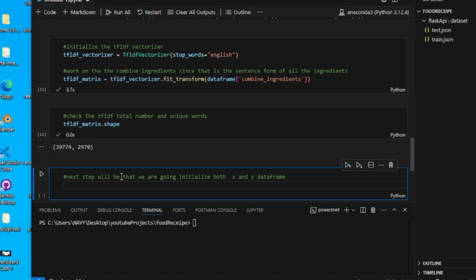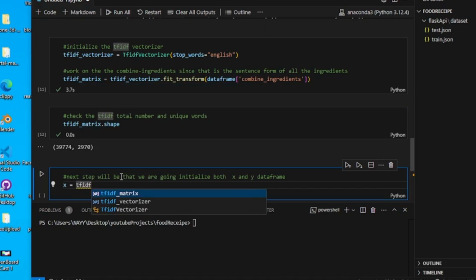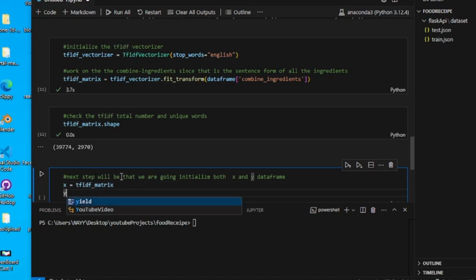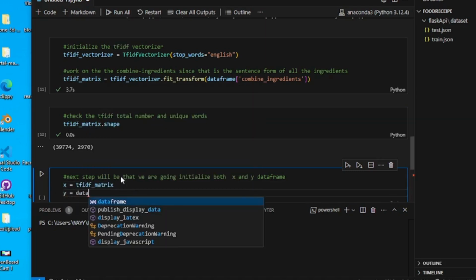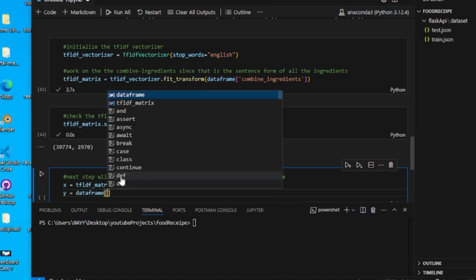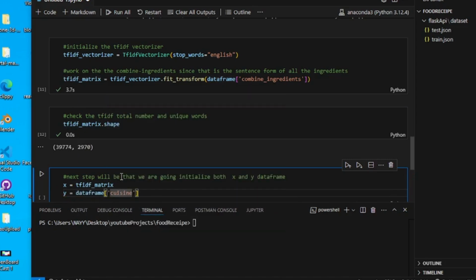So our X data will be equal to the TF-IDF matrix. That's good. Then the Y data will be nothing but what you want to predict. You want to predict what? Equations. You want to predict the equation there. Now that we've trained the data, we've trained the combined set